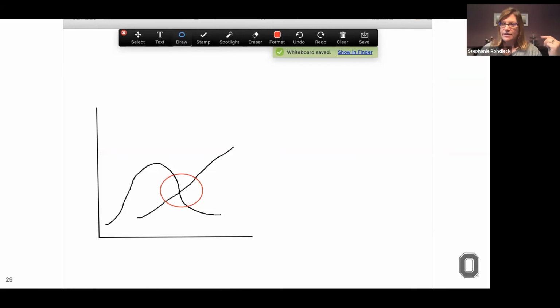This is my very pathetic attempt at using the whiteboard and drawing. Maybe I wanted to explain a particular phenomenon, and I wanted to graph it out for them. You can save the whiteboard spaces for the whole group, as we talked about in session 2, but you can also save them in the breakout rooms. If you click save, it will automatically put it in your Finder. I'm on a Mac, so it goes to my Finder, but then you can just download them and put them into Carmen, for example, if you want your students to have access to them.